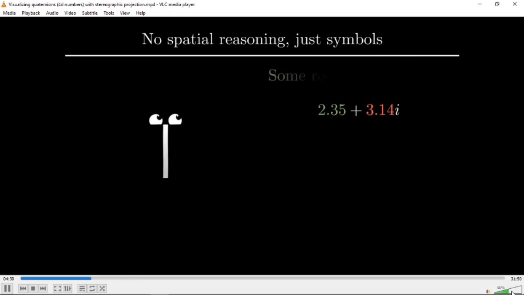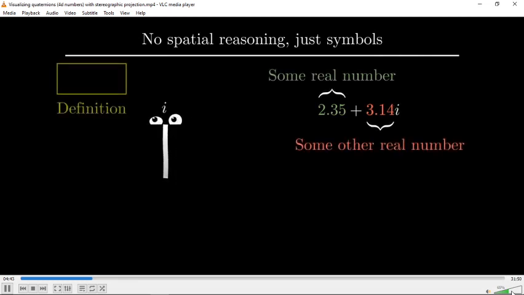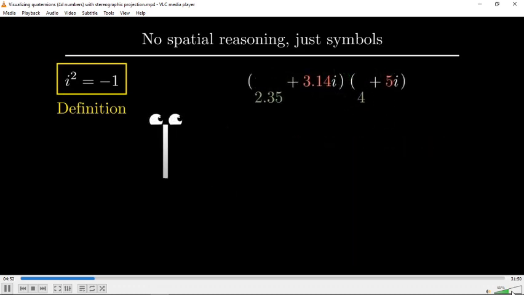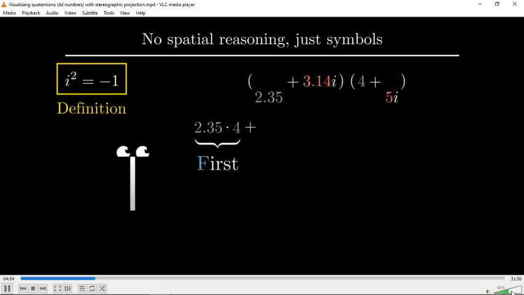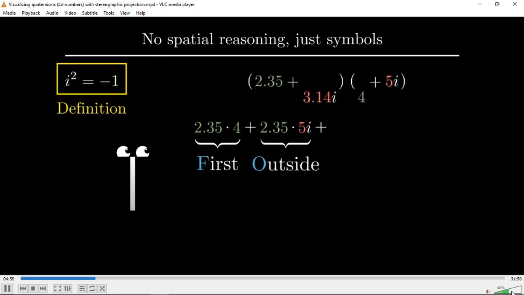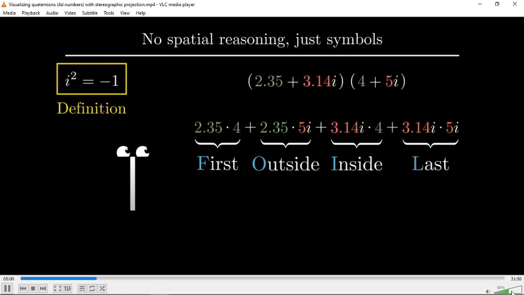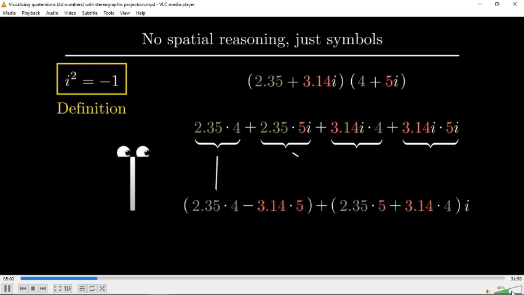On the one hand, you could define complex numbers purely algebraically. You say each one is expressed as some real number plus some other real number times i, where i is a newly invented constant whose defining property is that i times i equals -1. Then you say to Linus, to multiply 2 complex numbers, you just use the distributive property, what many people learn in school as FOIL,